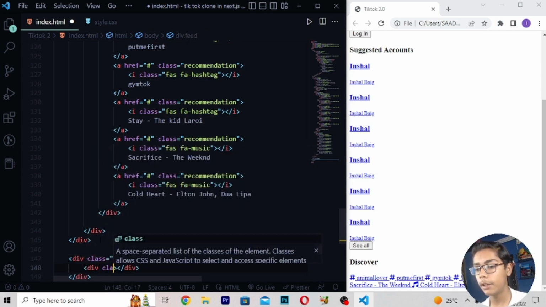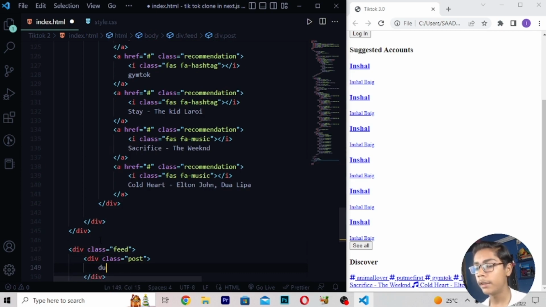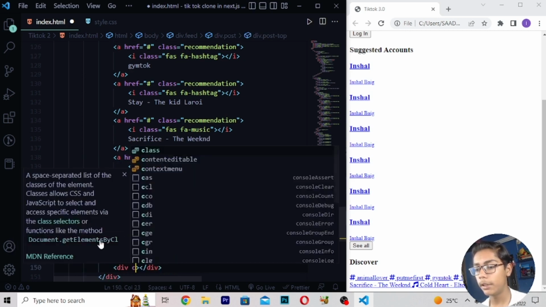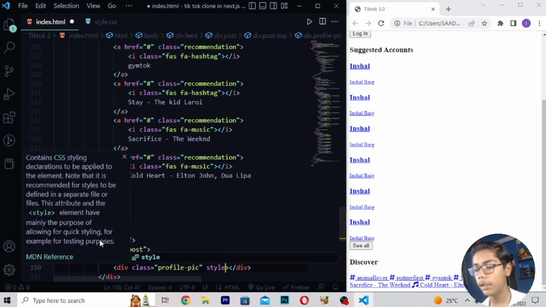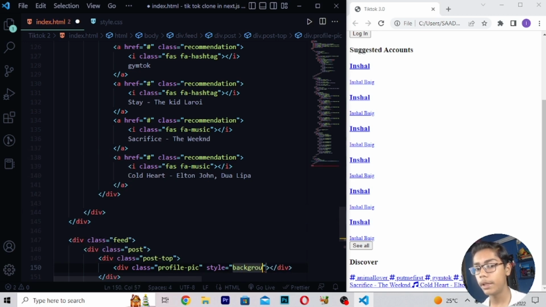Then right here div class post, and here div class post top. Then I will move right here, div class right profile pic. When you've written this, I will move here to style, then background, and then I will write image.